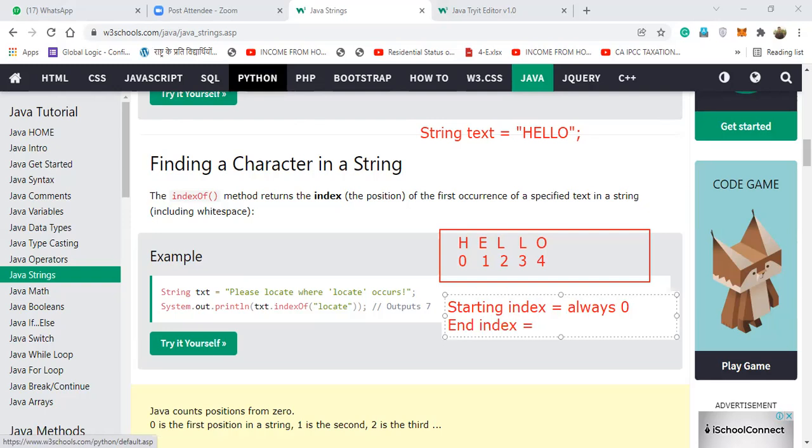Always length minus 1, whatever string it is. So here in this hello, the length is 5, but the starting index is 0 and the ending index is 4.